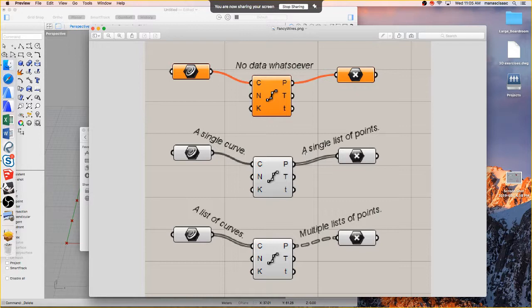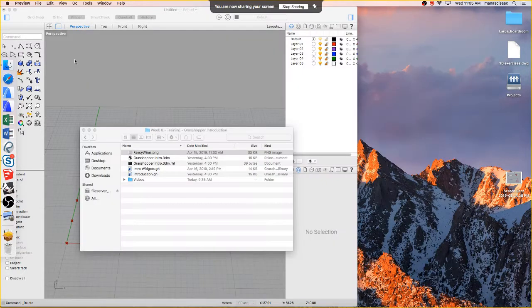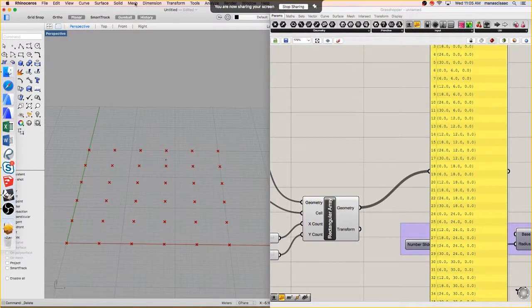For example, what's coming out of this array is a list of points. There's 36 points or whatever number you set it to be. And later on, there's multiple lists coming out. This is where the dotted line comes up, but that's something for later on. Just keep that in mind if you have fancy wires on, which is if you go to